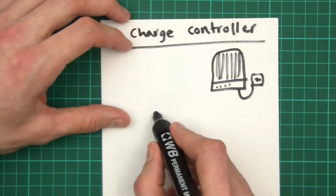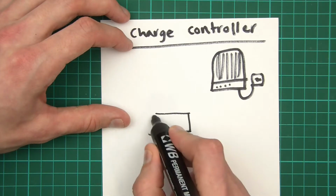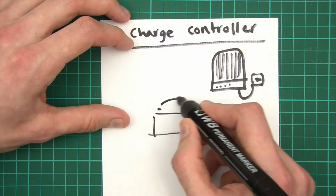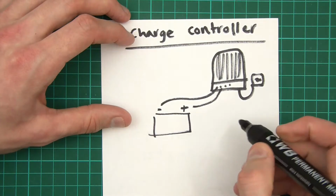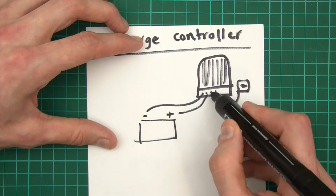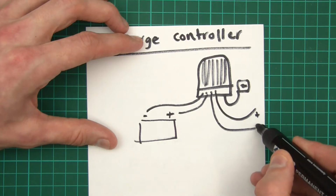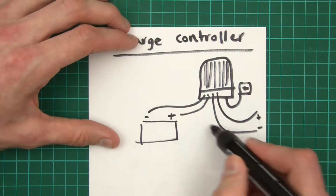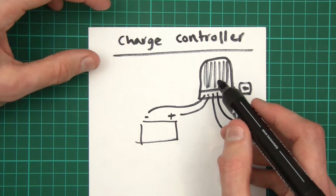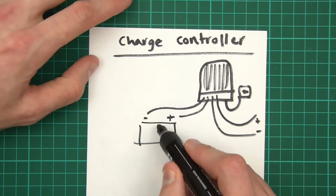So basically we've got batteries, or let's just say one battery, and we've got the plus and the minus. The minus will go to one and the plus will go to the other, and the panels will be connected to an input. So let's say the panels go over here, so we've got a plus and a minus to the panels. So the power comes in, the charge controller basically steps it down usually, and charges the batteries,